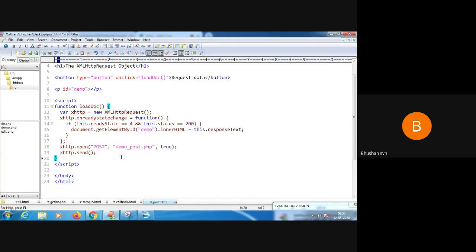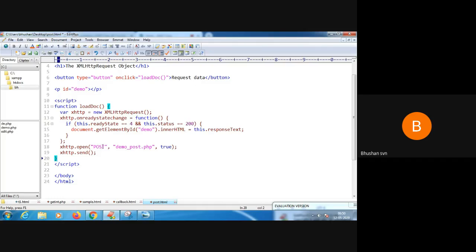So these are the two important questions. One is about callback, the other is get method and post method. When this question is asked, you need not write a separate program to demonstrate the get method and post method. You can just write any one of these programs, either get or post method.